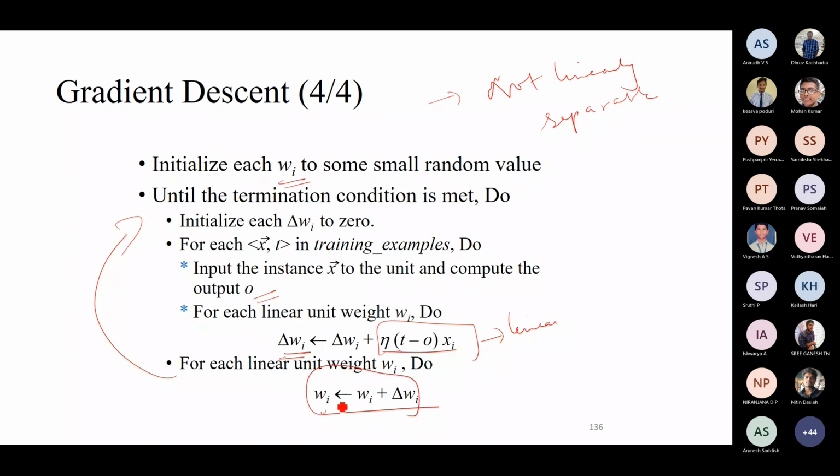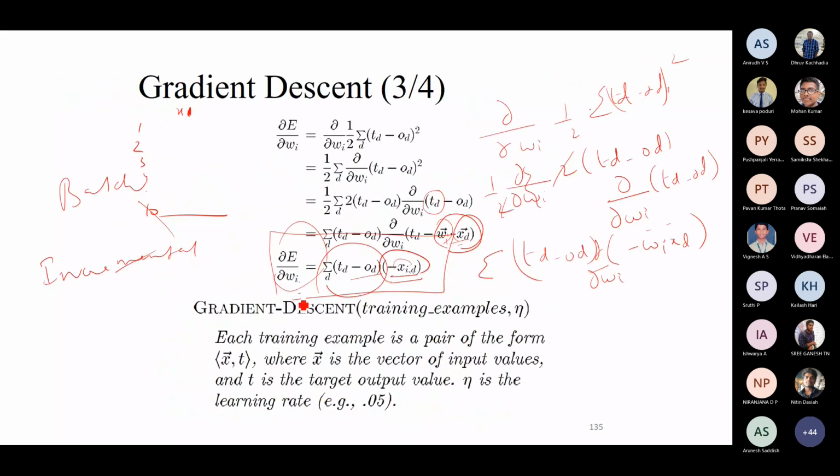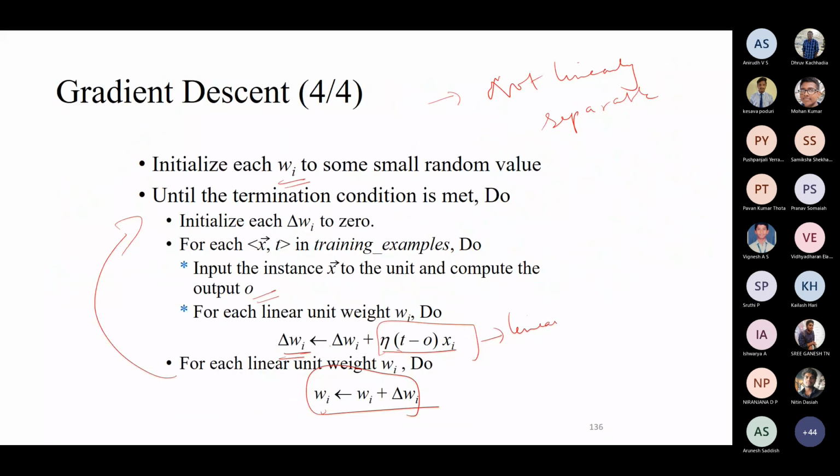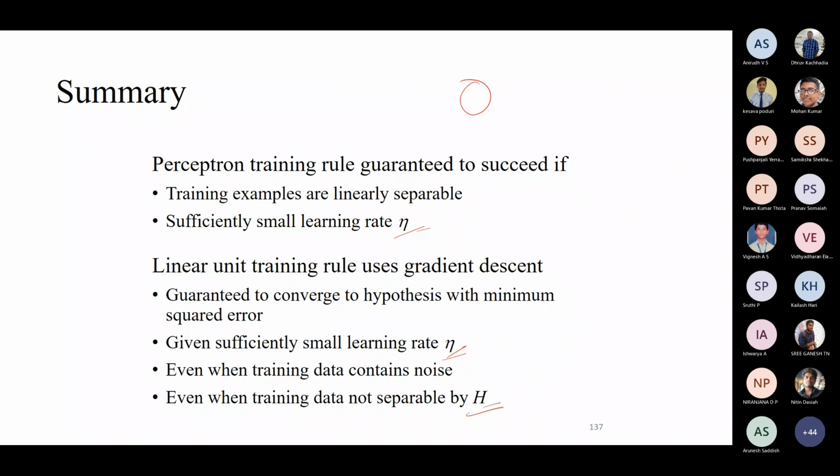So for each linear weight unit it is this, and for a non-linear weight unit it is going to be applying this particular situation. You will see more on this in the next course, where I am going to talk about the backpropagation algorithm, and you will see more on the derivatives, the mathematics behind the multiple layer perceptron and multiple layer architecture, at the next level course. So the perceptron training rule succeeds if you have linearly separable training data and eta is chosen sufficiently small.